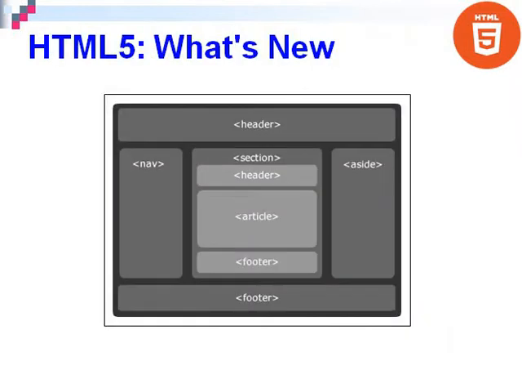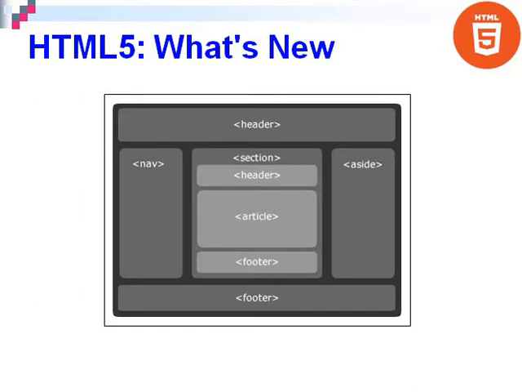Now we see what are the new features that are included in HTML5. In HTML5, the web page is split up like this. A header section is there, a footer section is there. We can set a navigation on the left hand side. On the right hand side, we can place an aside. Then inside the center part, we can include sections, section headers, articles, a footer for each section, likewise.